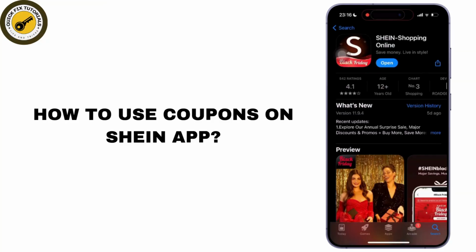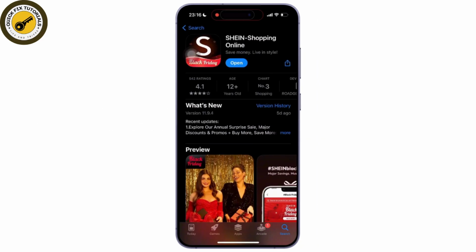Using coupons on the Shein app is a straightforward process. So today we are here with a quick guide on how to apply Shein coupon codes in 2024. So let's get started. Firstly, launch the Shein app on your phone and make sure you are logged into your